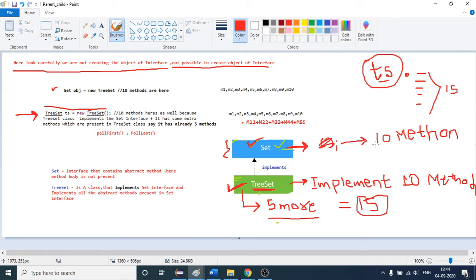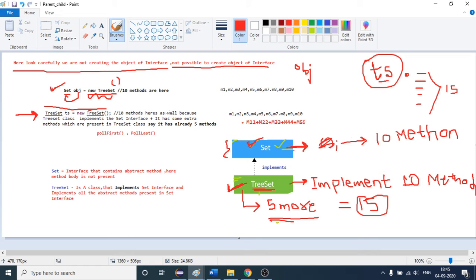So you are able to call the methods which are coming from the interface, which are the 10 methods, and you are also able to call these other methods if you create the object like this. But what if you create the object like this? Suppose my object name is obj. Again I am saying that we are not creating the object of this interface. This is an interface, but the object is created with the help of the new keyword. Here braces are also present. So we are creating the object of this class, but at this time the object is of type Set, which is an interface.